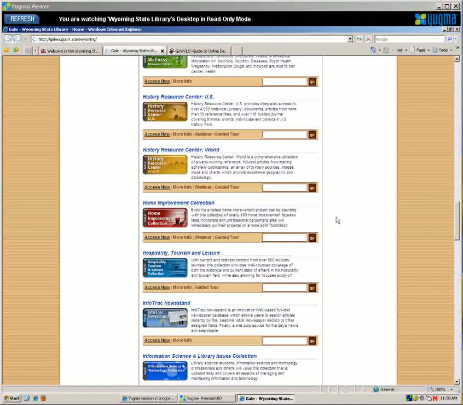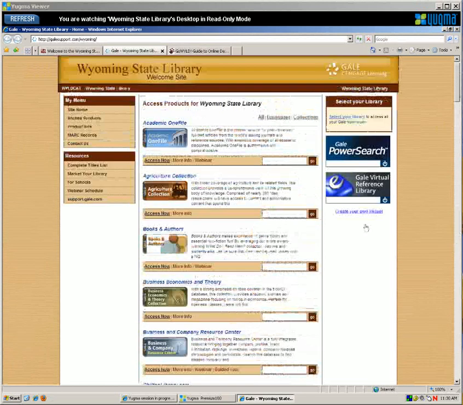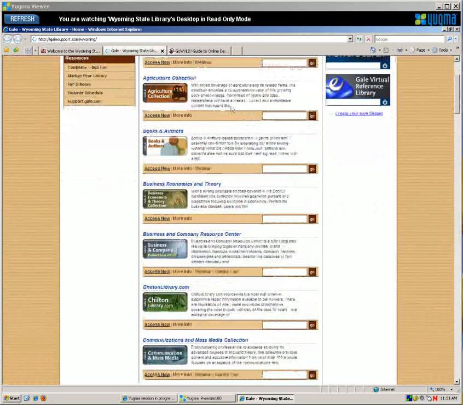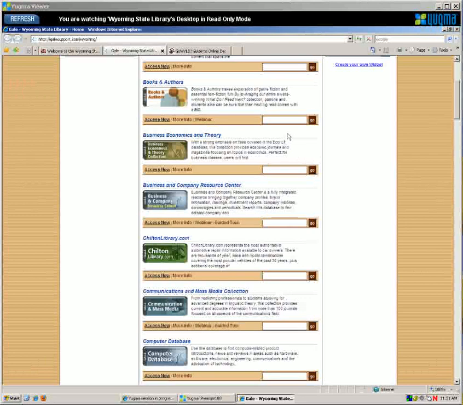What I want to do before we go into another database is just kind of scroll down here. So hang on, I'm going to go back to the top, and we can take a little bit of a look here at this page. You'll see that we have all in alphabetic order. They do have some more information and webinar information. Desiree has been putting out information when we've offered, or Gale has offered, webinars and training. There's also already been one Gale training on this. They did not archive that, but the Gale representative will be coming to the legislative reception on the 25th, and